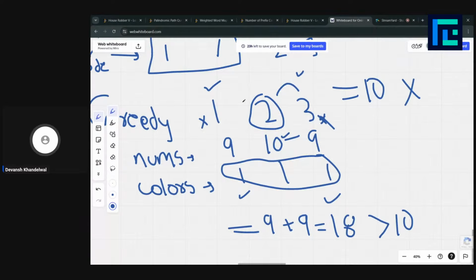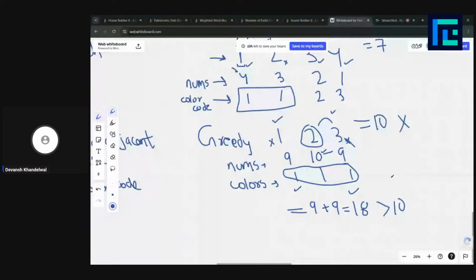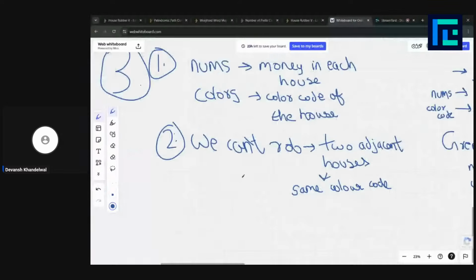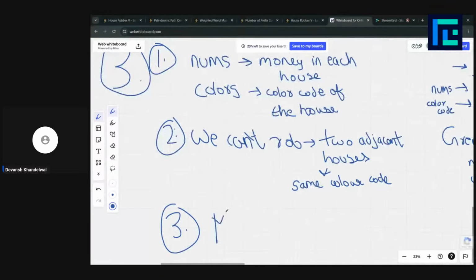Even though none of them has the greatest amount, if we go according to this sequence, it produces more result. We are able to rob more money. In this question, we need to find the maximum amount you could rob, the max money you could rob.